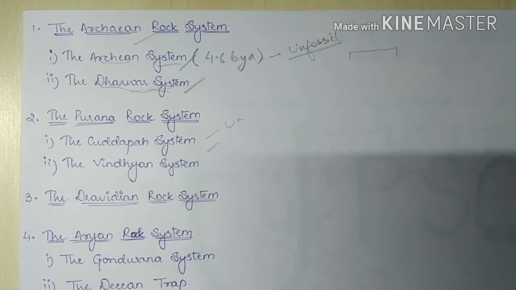Now basically the diamonds that are found, they are found here. So we have the Golconda mine, which has the mining of diamonds. So the Golconda mine is in the Cuddapah system only. Then we have gold. Gold is found in Cuddapah district of Andhra Pradesh. Now we have the Papaghni series. The Papaghni series is in this Cuddapah system only. So these series have been named after the Papaghni river in Andhra Pradesh,